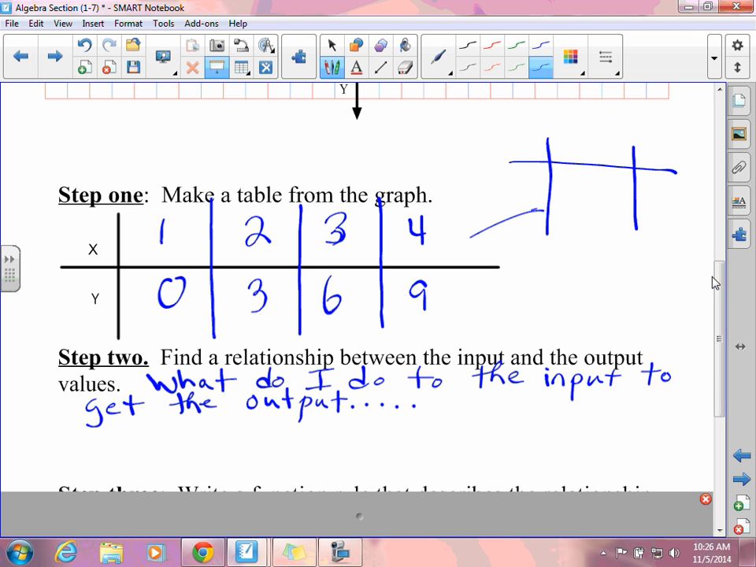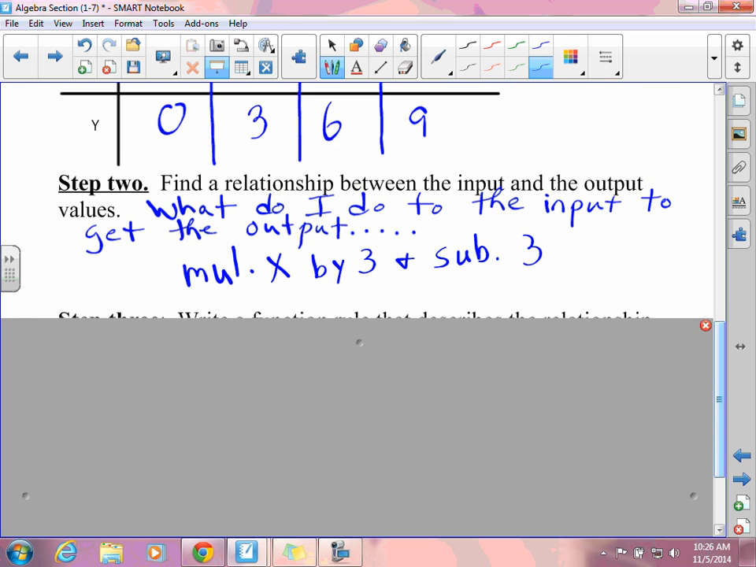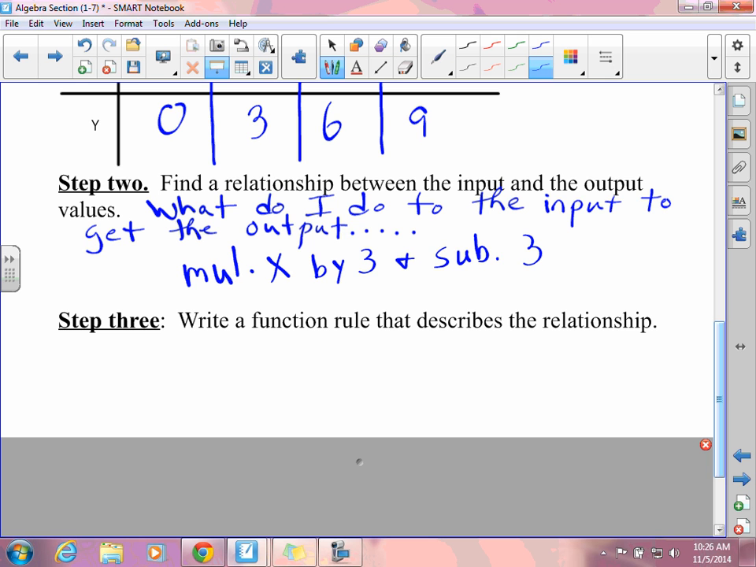So I multiply x by 3 and subtract 3. That's what I did. Now I need to write that as a function rule. So how do I write that as a rule or an equation? Yes. Excellent. Y equals 3x